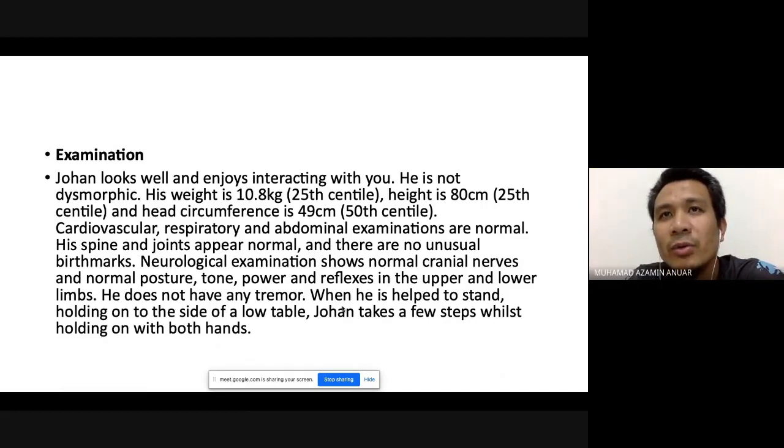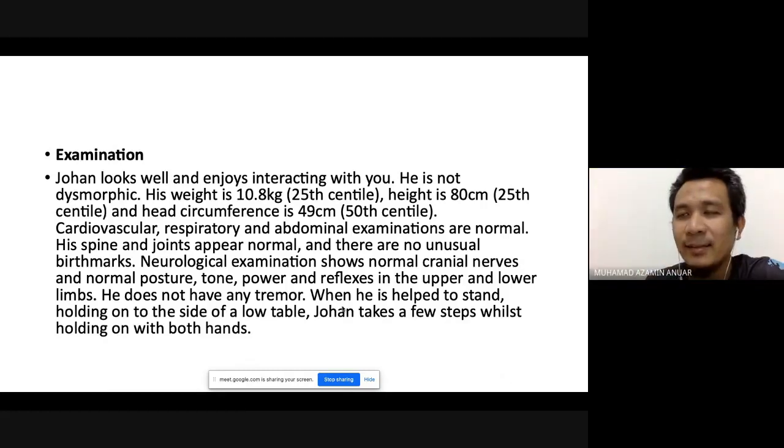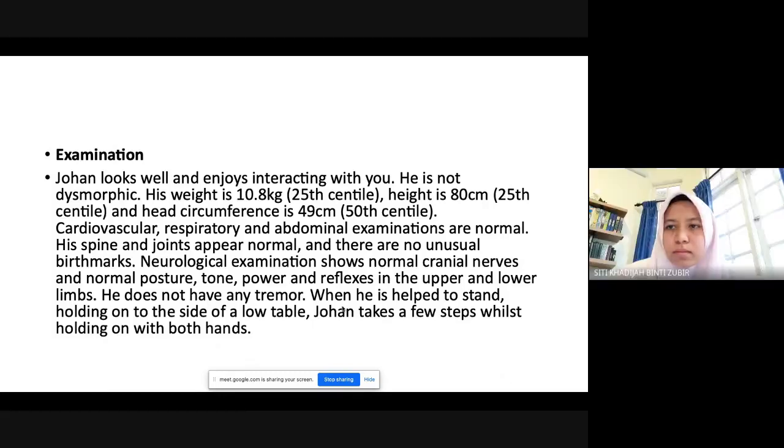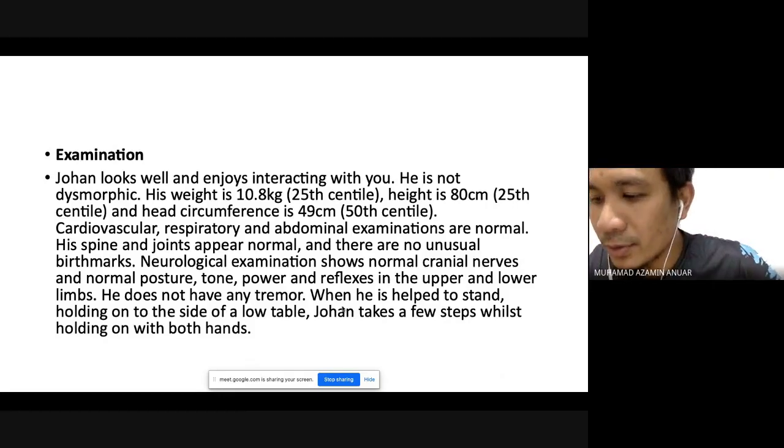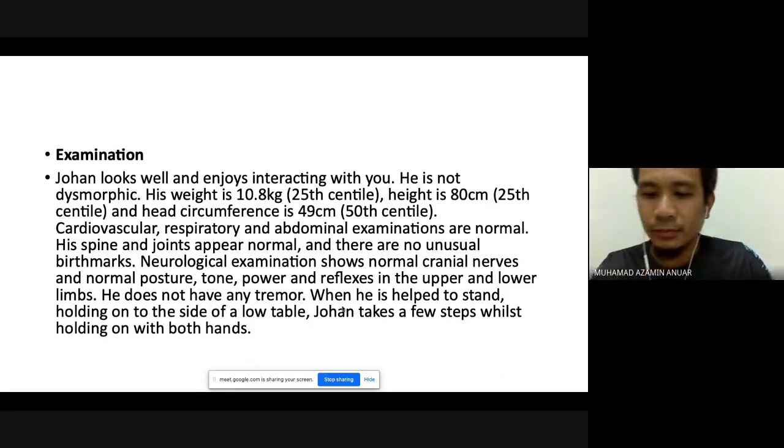So normally if they got proximal myopathy ataupun lemah dia punya weaknesses of the central tone ataupun weaknesses of the limb girdle, then you can see the Gower sign atau Gower movement tu. Maknanya dia macam climbing up to stand up and using compensating dia punya limb girdle weaknesses. So those are the thing that you ask them to do.